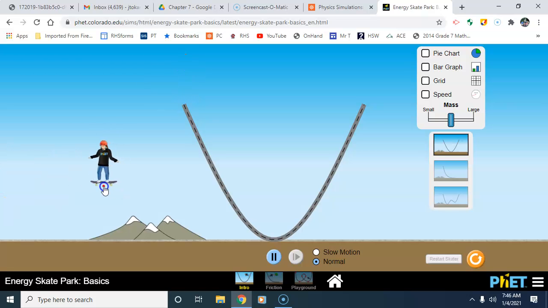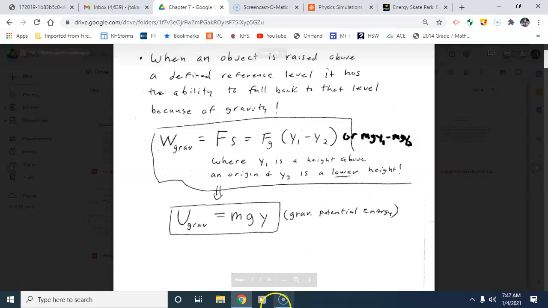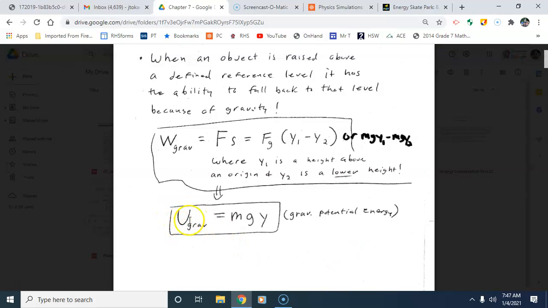But that doesn't mean that work done by gravity on the way up has disappeared. It just got stored, all right? And it could be released if I let the rider go. And it's released in the form of gravitational potential energy. And then it will transfer to another type that we already know of, but we'll get to that in a second. So basically, gravitational potential energy, and by the way, the symbol for it is the big U, an uppercase U. And since there are different types of potential energy, we usually subscript it with a G if it's gravitational,